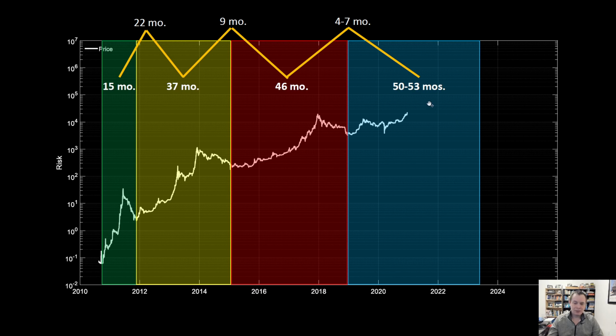So let's say the difference is another, say, 4 to 7 months. Then maybe the time between, say, bottom to bottom is 53 months, or 50 to 53 months, and that could imply that the bottom comes later than the end of 2022, because in order for us to be on the same schedule as last time, the bottom would need to come at the end of 2022, just like the last one came at the end of 2018, and then this one came at the end of 2014, but this one came at the end of 2011. Okay,